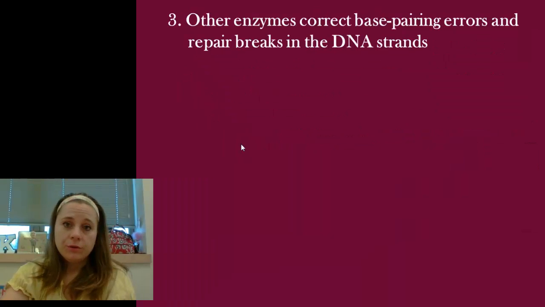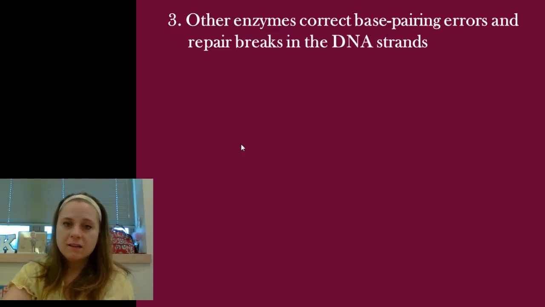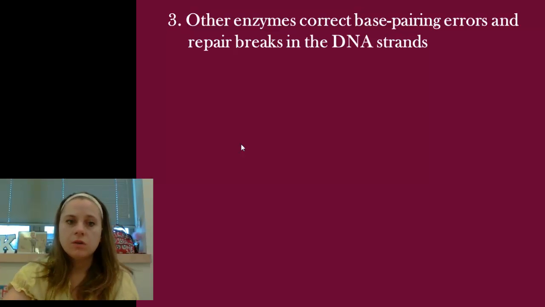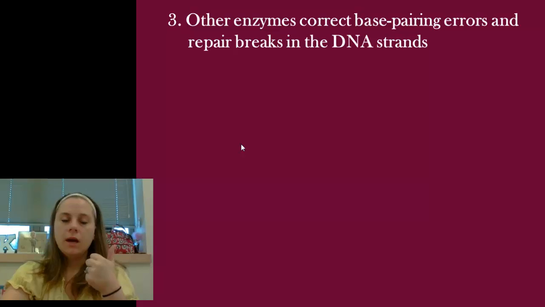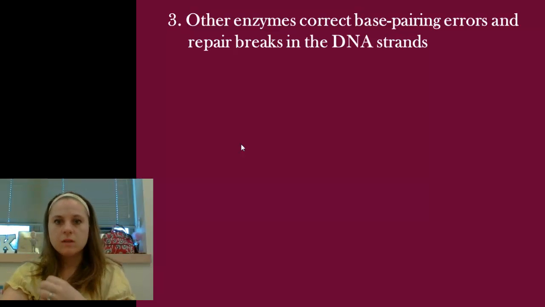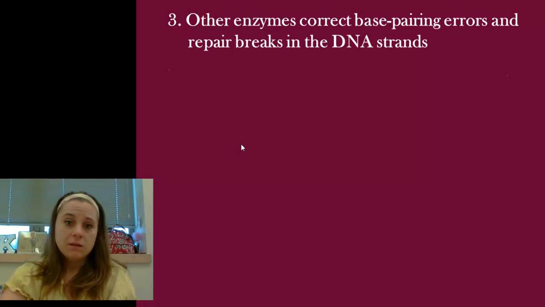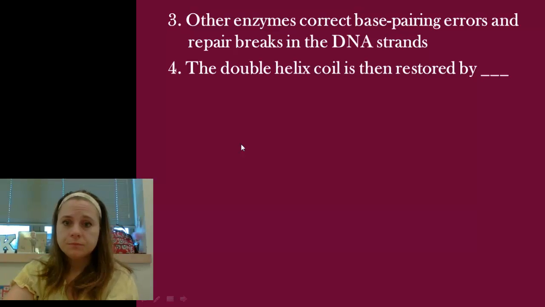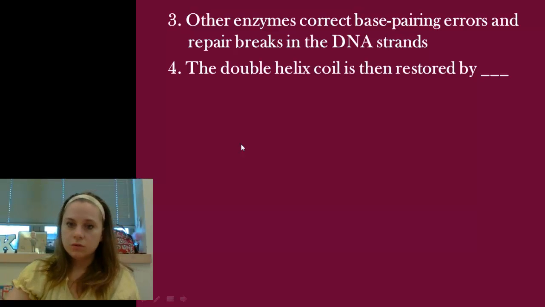Then we have the proofreaders come in. Another series of enzymes comes in afterwards, running down the length of the newly formed DNA strand to ensure that none of the bases were put in incorrectly, that all of the repairs were made, that everything was linked together. So it's following behind everything and basically proofreading the strand. And then the double helix coil gets restored by the reformation of hydrogen bonds. So we recreate our H bonds